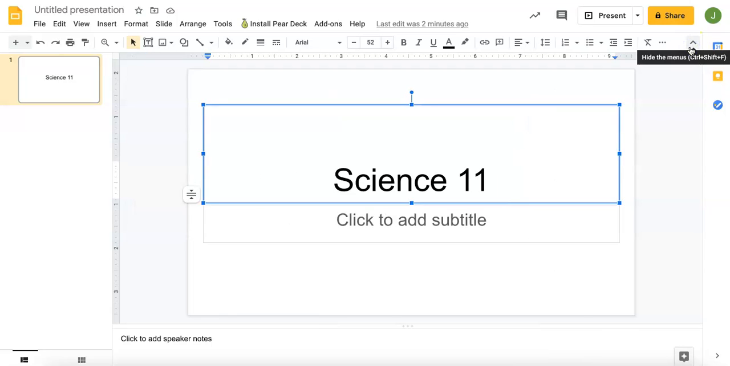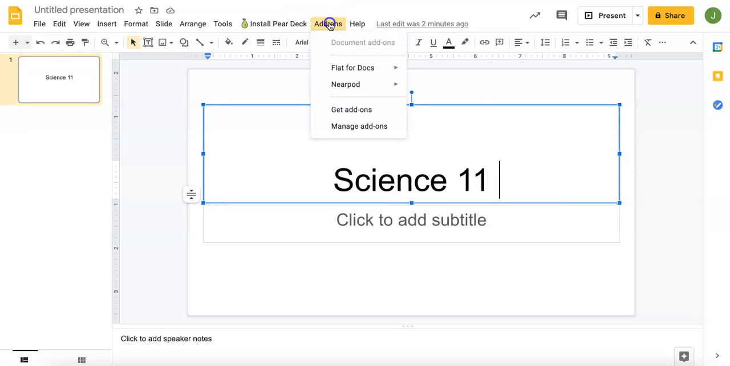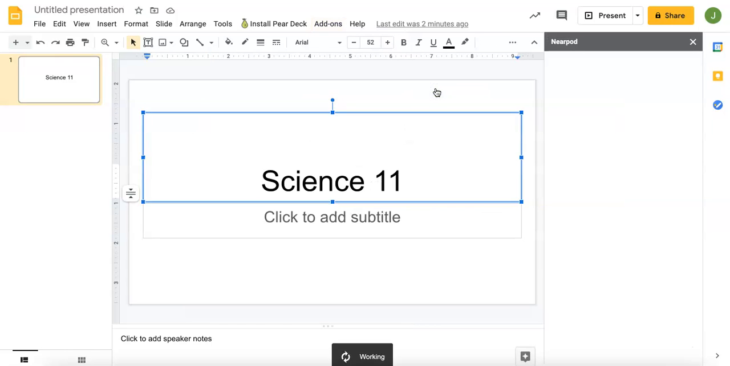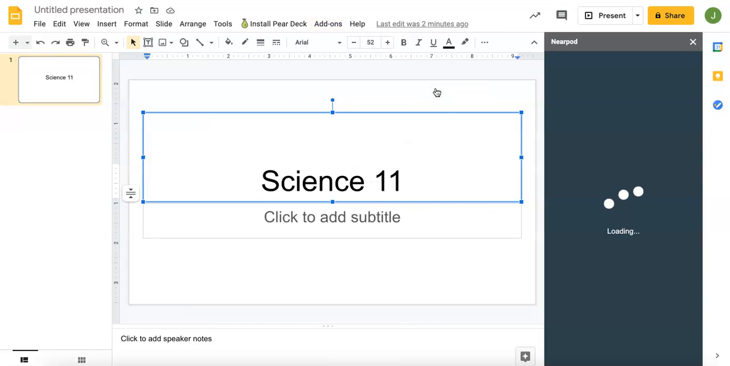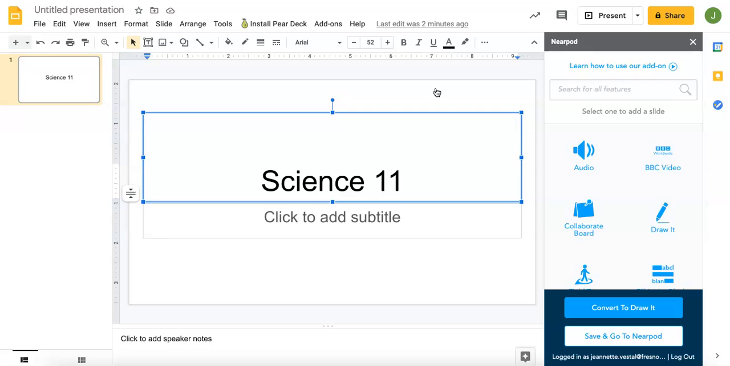Hey guys, so here's a quick tutorial on how to incorporate Nearpod into your Google Slide presentations. I already have Nearpod in as a Google Chrome extension, so I'm going to go here to Add-ons and click on Nearpod and open Nearpod. Anytime you do this, it's going to create it on the next slide, so don't worry about what slide you